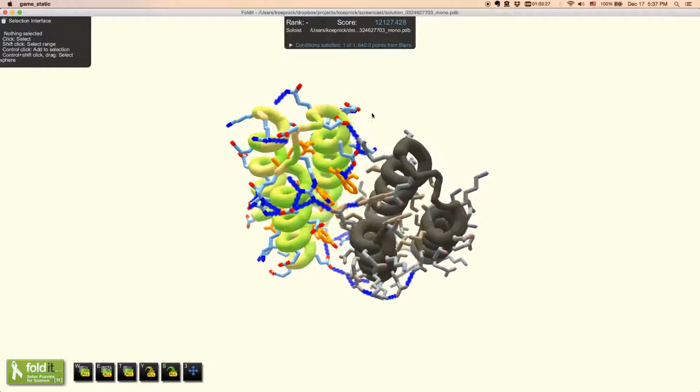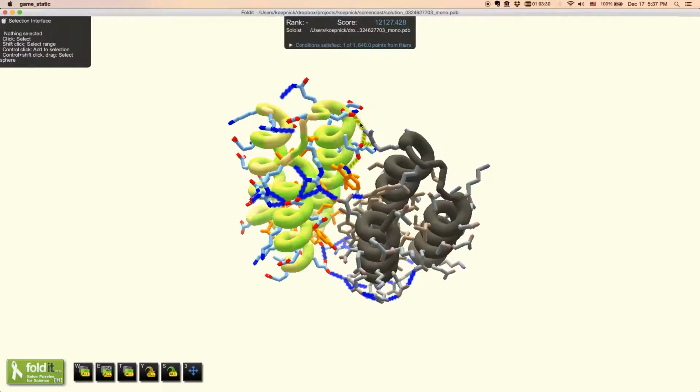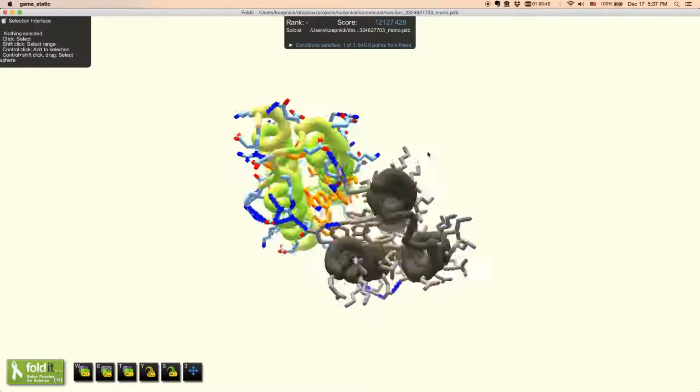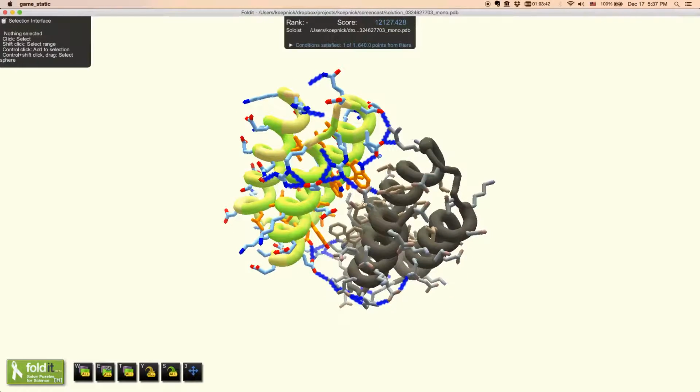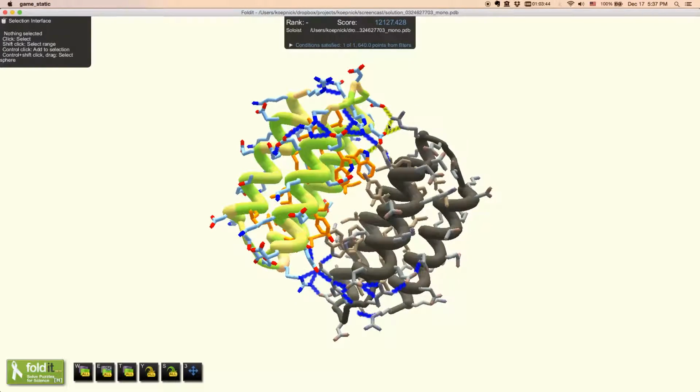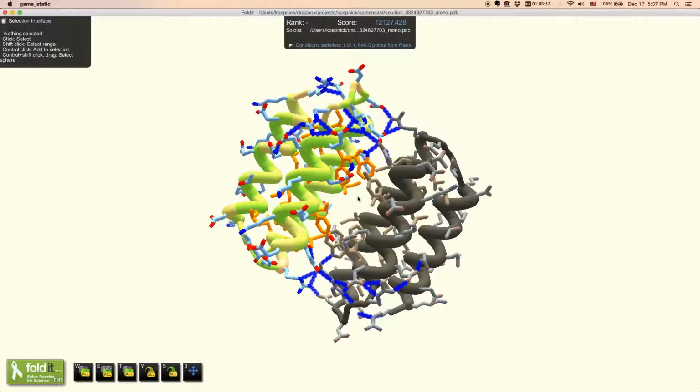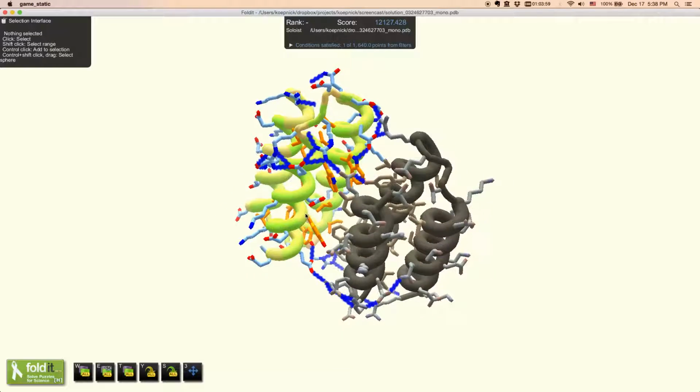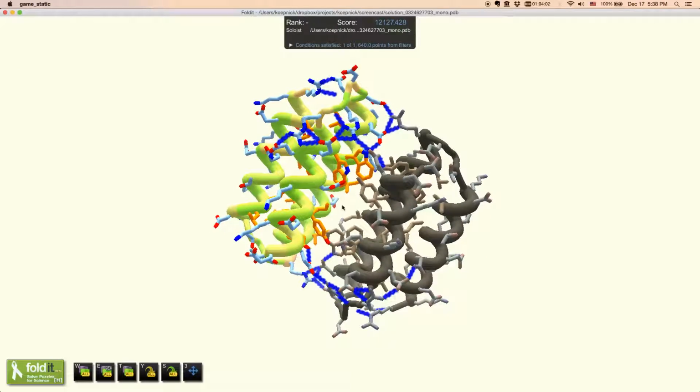So first, we see that there are several hydrogen bond networks here. We have 1, 2, 3, 4 networks in total, and they have some different statistics. It looks like this network here is a symmetric copy of this network back here, and this network is a symmetric copy of this other network down here. So we have 2 unique hydrogen bond networks, each of which has a symmetric pair.